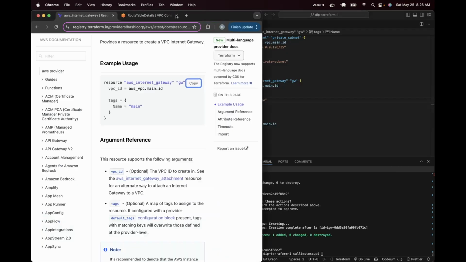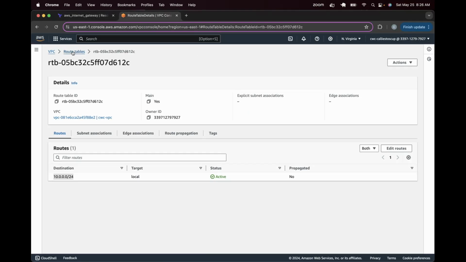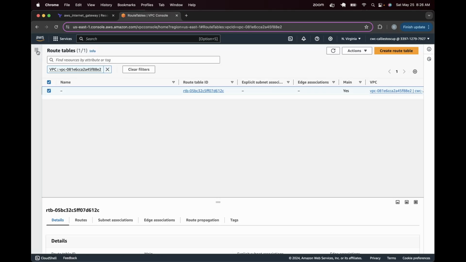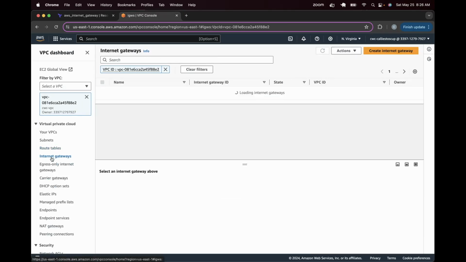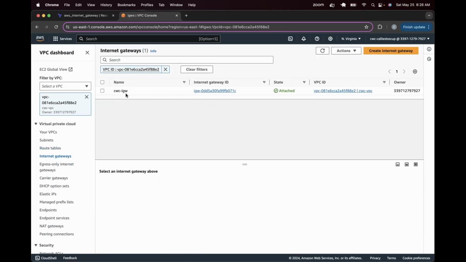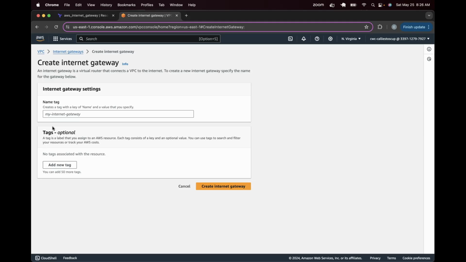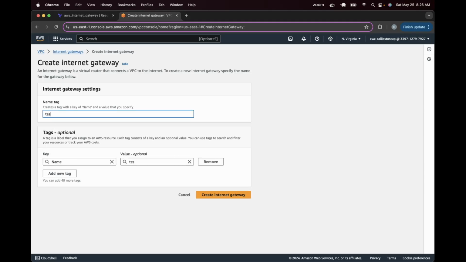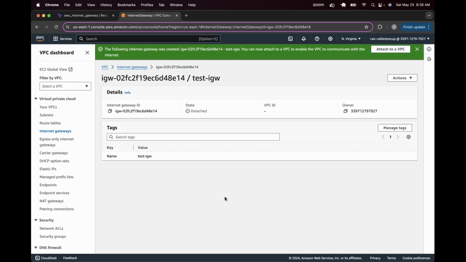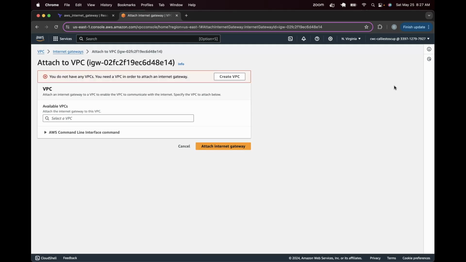So now let's go ahead back to our console and let's take a look at what we did. So we did an internet gateway. You can see our Coding with Kali internet gateway is up and it is attached, okay? If you remember when we did this in the console, we had to do this in 2 steps. So let's do test internet gateway. All right, we had to name it, right? And we created it. And then once we created it, we had to go to actions and attach it to a VPC. And then we had to select,